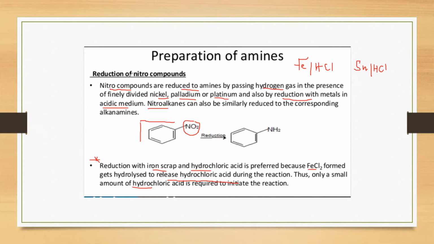Aromatic nitro compounds or even nitroalkanes can be reduced to NH2. Children, please listen: oxygen is getting replaced by hydrogen. If you have difficulty understanding what is happening, it's a reduction. Reduction means removal of oxygen and addition of hydrogen. So here oxygen is getting replaced by hydrogen, so reduction is happening, and that can be done either by catalytic reduction or by metal in acid. This you won't forget, I think. This is the first method of preparation of amines.